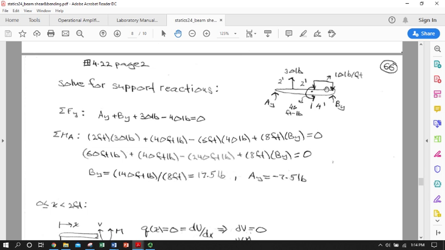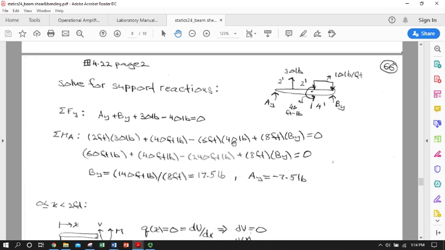So that's going to end up being 10 pounds per foot times 4 feet applied dead center, and then we just simply sum forces and moments, not forgetting that we've got a point moment to add to the mix. We get A sub y plus B sub y plus our 30-pound applied load minus our 20-pound resultant of our distributed load equals 0, and then we're going to sum the moments about A. So we'll get 30 pounds times 2 feet positive plus B sub y times 8 feet minus our resultant of our distributed load